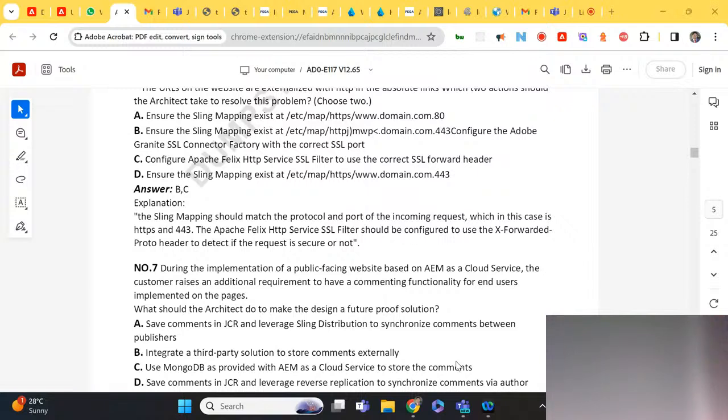Anyone? Have any of you implemented user generated content in your projects, like end users entering data, and that data we need to showcase when they refresh the page?